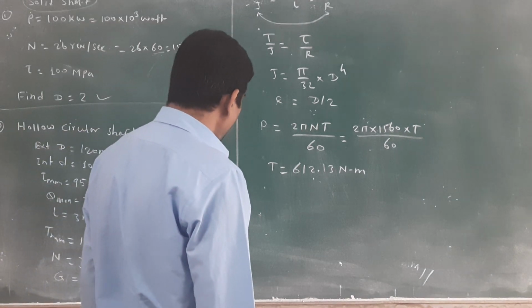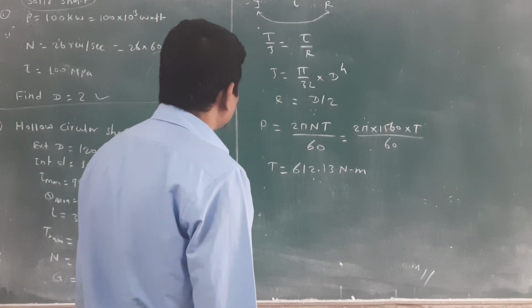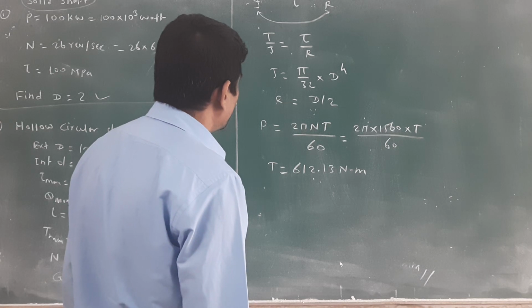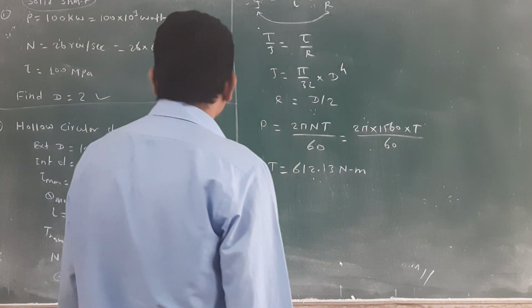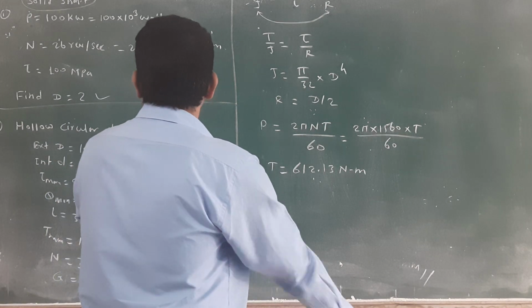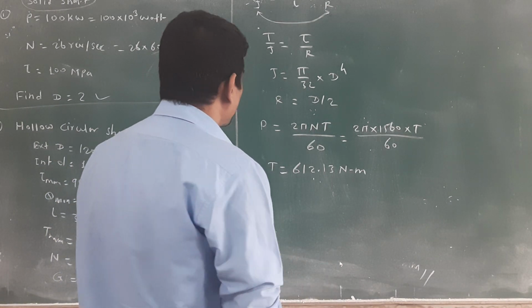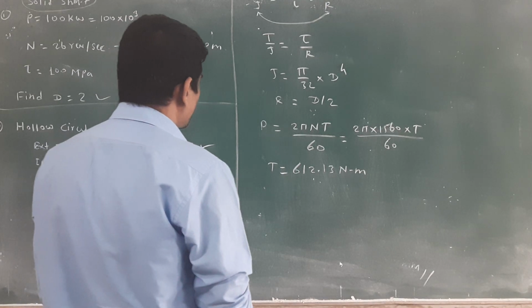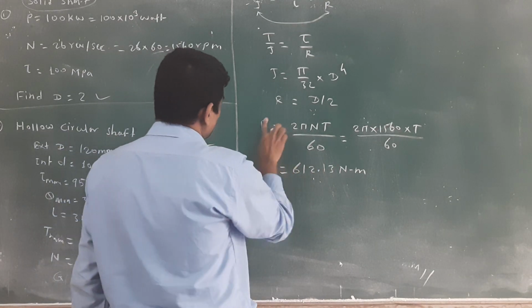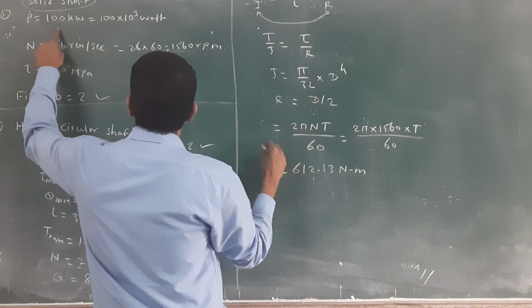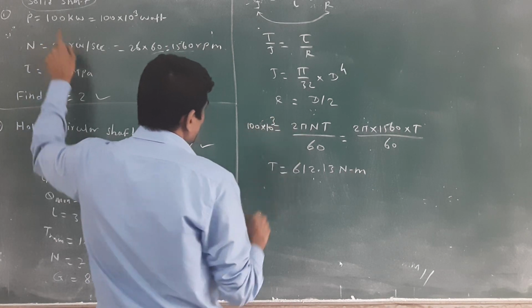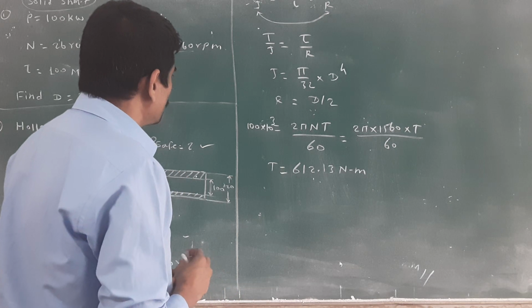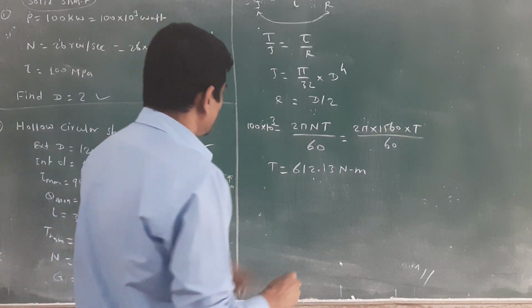Okay. Then, next we want to calculate the diameter. This diameter, we want to calculate in mm. Then how to calculate that diameter in mm? How to get this? P is equal to... because power is given, 100 into 10 raised to 3 is there. Power is equal to, you will get the T is equal to